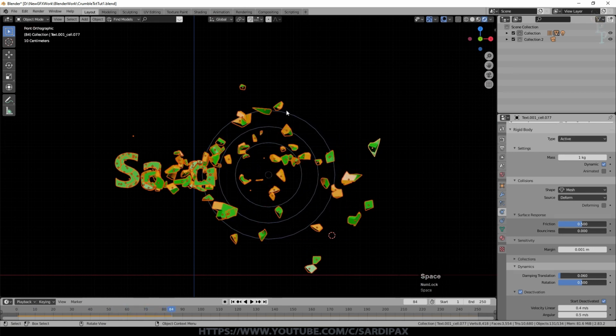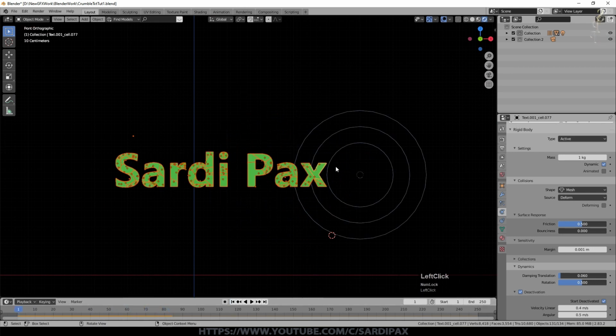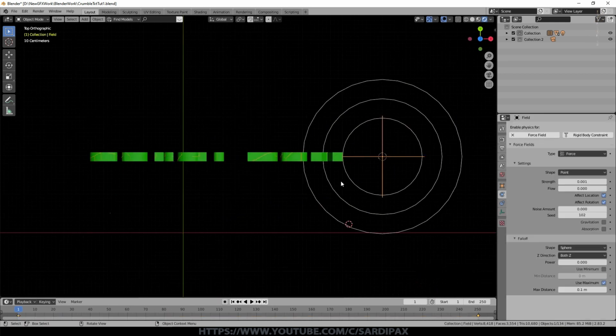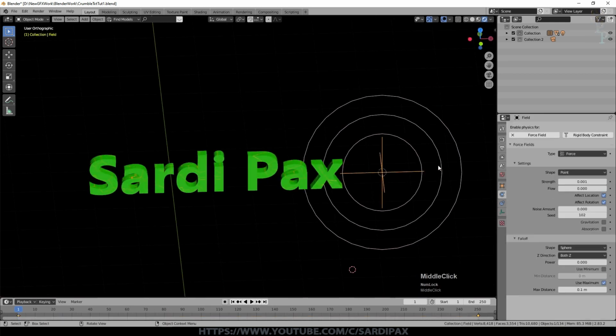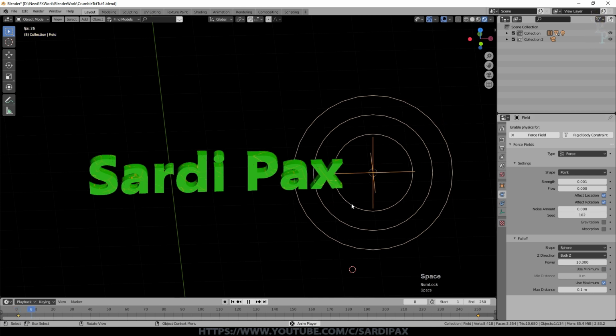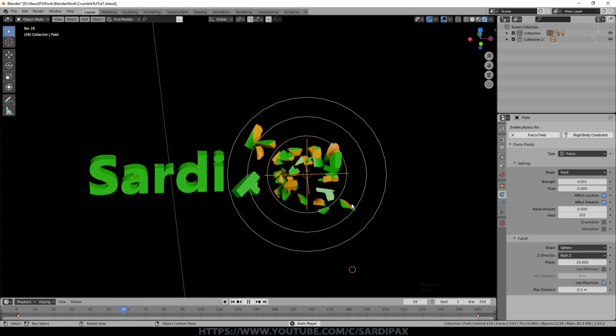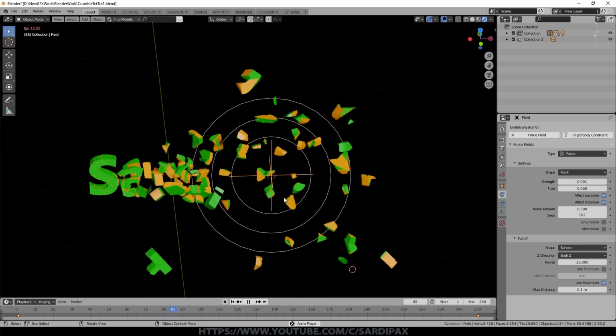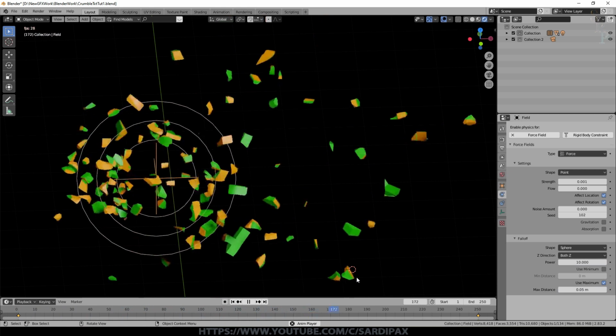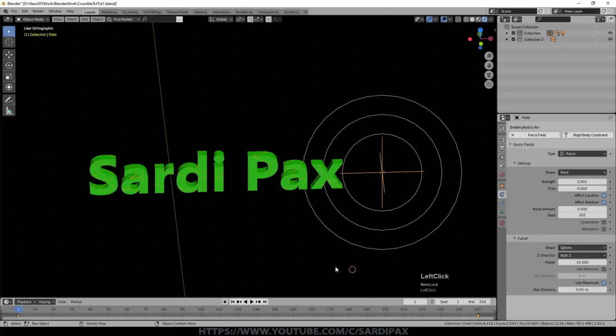You can see it's so small it actually doesn't affect all of the particles straight away. Some of these, for whatever reason, are not really being affected by the force. We can change the curve of the fall off here. So I'm going to put a power of 10 there. And you can see it's still affecting it. And if you didn't want to use a force, you could certainly use another mesh. And if you wanted to, you could set that to invisible.